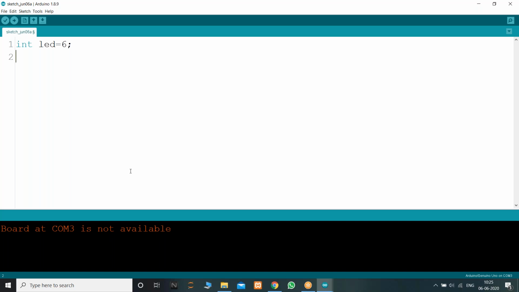Let us make it more generic. I'm passing these commands in the form of strings, that's why I'm taking the data type string, and I'm defining a variable called str for reading and storing all the strings that I get from the serial monitor.